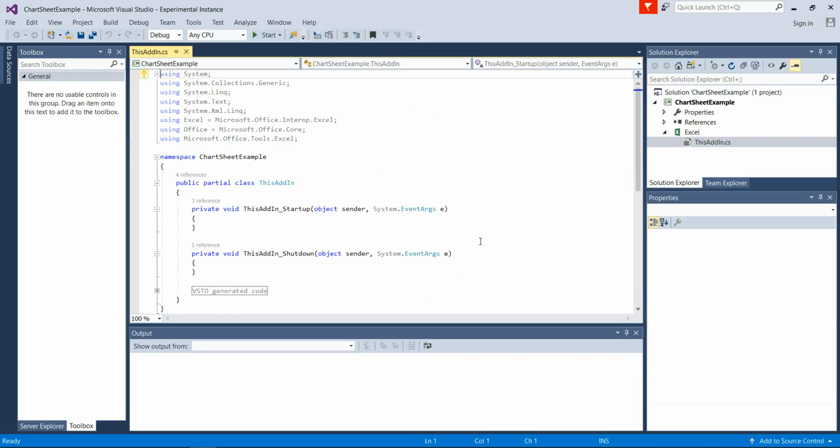Okay, now in order for us to get a hold of the object, the reason I'm doing a chart sheet example is so I can show you how to use the workbook. Usually I embed charts in the sheet with the cells that I'm working on, and I'll do that next video. So we'll start off with public